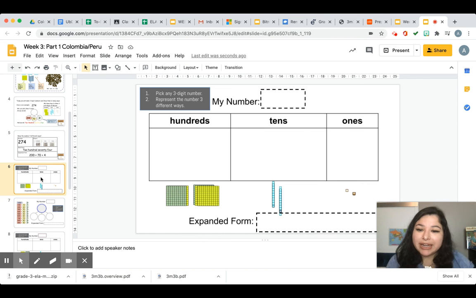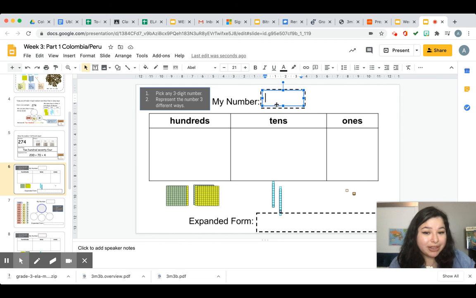As we can see here, it says pick any 3-digit number first, and then represent the number in 3 different ways. The first thing you're going to do is pick your 3-digit number and type it right here in this box. I will go ahead and just pick one for fun. So let's go ahead and say